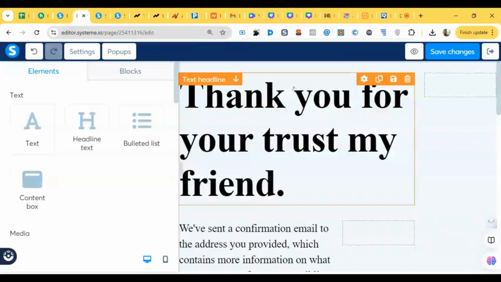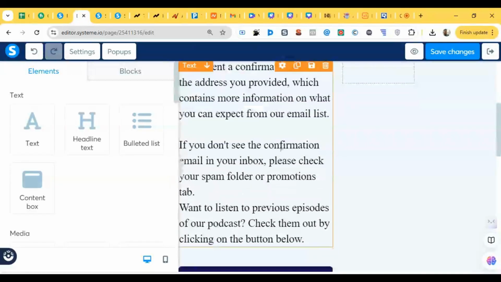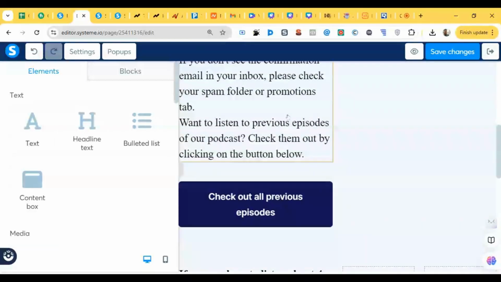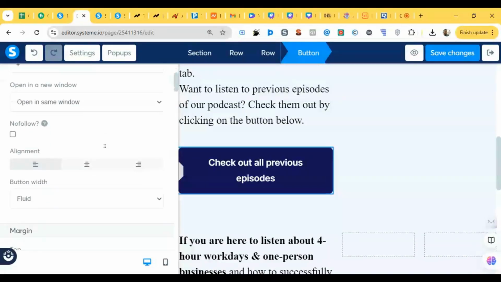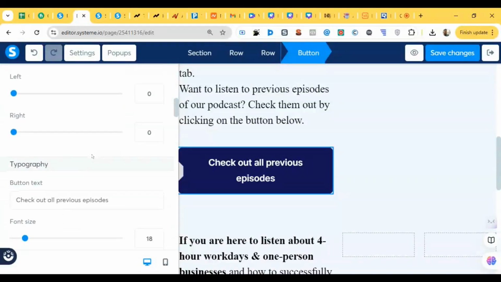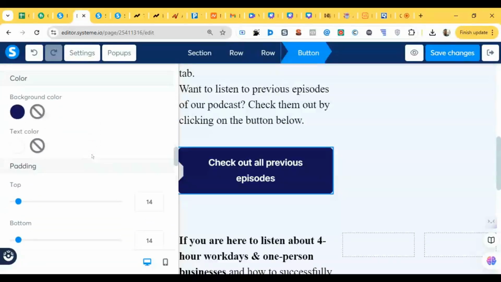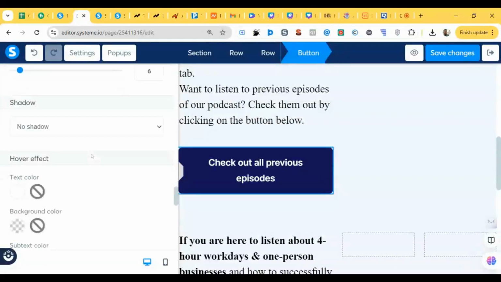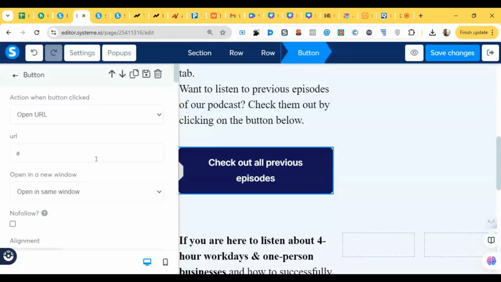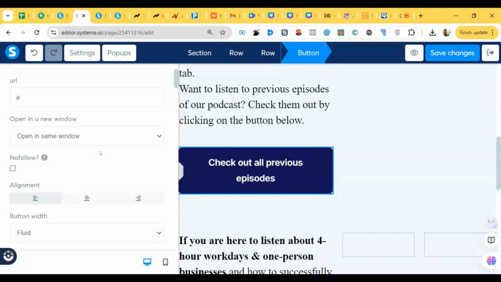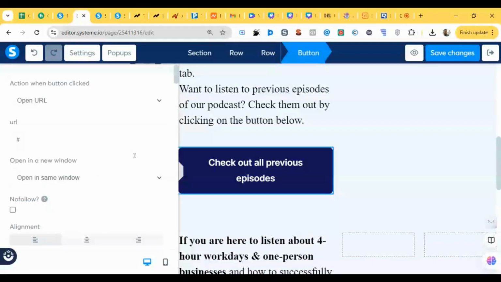I'm just going to show you. Now I say thank you for your trust, my friend. Blah blah blah. You just change the text here to match it. Now check all, please. I'm going to change that. So you can change the text for the button here on the left side. So I'm going to show you now how. Let's click it again, and it should say